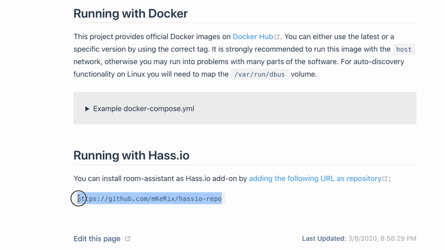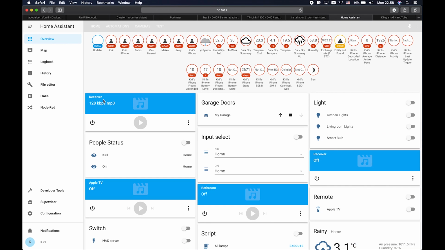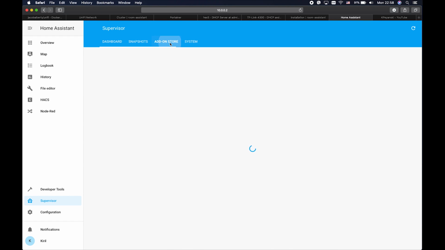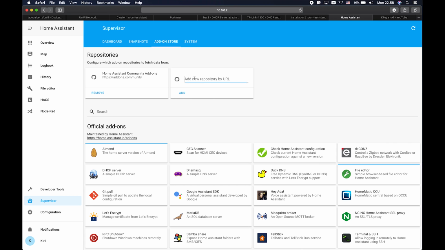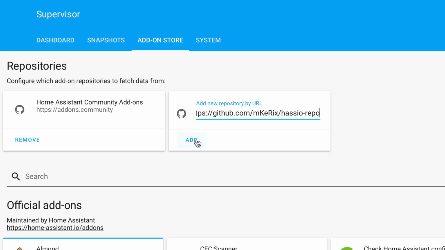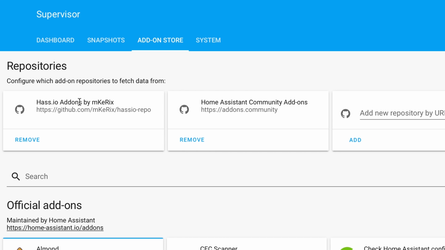I will need this. I will go to my Home Assistant installation and I'll click on Supervisor, then on Add-on Store, and I will paste here the repo and I'll click Add. Good. As you can see, the Has.io add-on by MKERIX is now added.